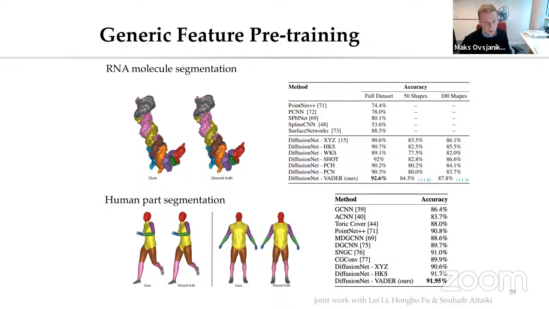Maybe I can just comment in the context of shape correspondence, because this is something I looked at a lot. In the shape correspondence world, we have this big problem of symmetries, right? I think just factoring out symmetries is often enough to get good results, right? So you don't need full rotation invariance, right?